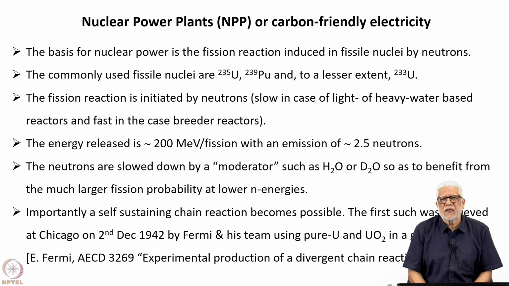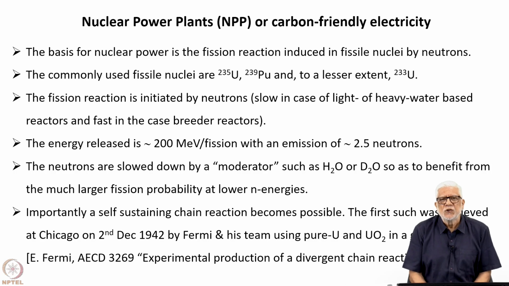So if they capture a neutron, a thermal neutron, for instance, in most reactors, fast neutrons in the so-called fast breeder reactors, then they break up into two roughly unequal parts, like mass 90, 100 and mass 140, and in the process you release a lot of energy, about 200 MeV per fission. That is the amount released, but it also releases neutrons, and these neutrons are more than one. So in principle, this can lead to a chain reaction, and if you can control that chain reaction, then of course you have a running